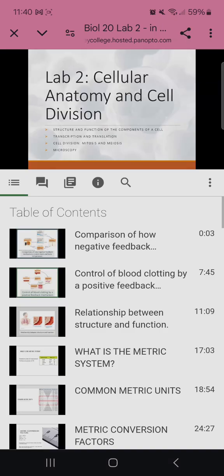And then we're gonna talk about transcription and translation. We're gonna talk about mitosis and meiosis, and we're gonna talk about how to use a microscope, okay? Introduction to microscopy. The last part is easy because I'm pretty sure if you did in-person lab for your Bio 5, you've done labs where you've used the microscope, okay? But we just have to review it again and do 2 small activities on the microscope today in lab,